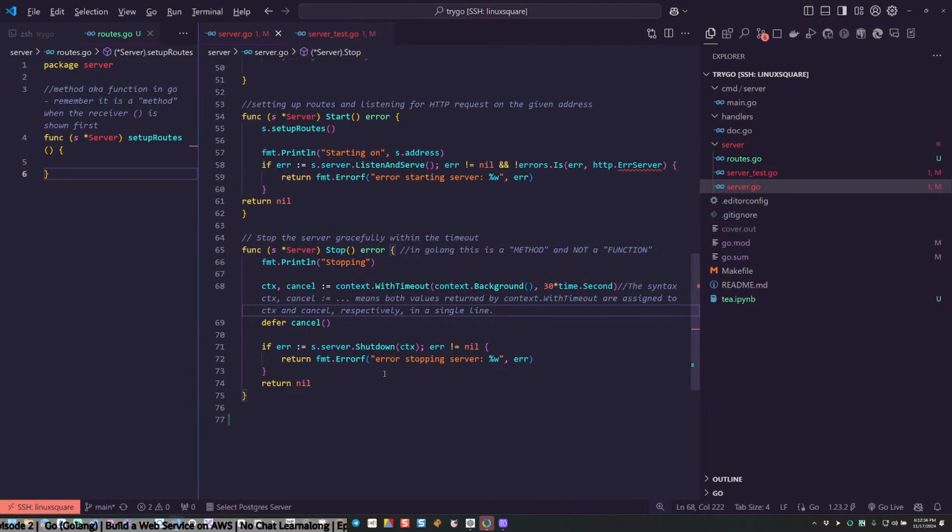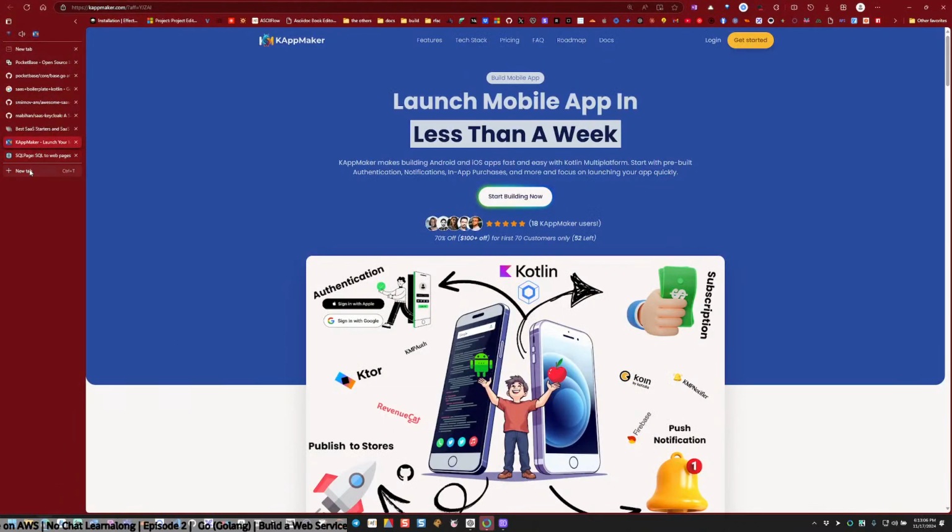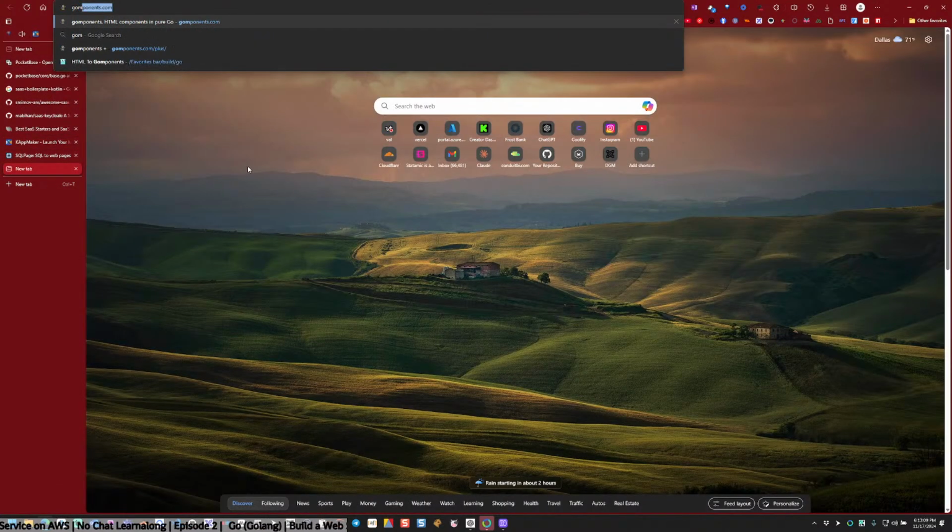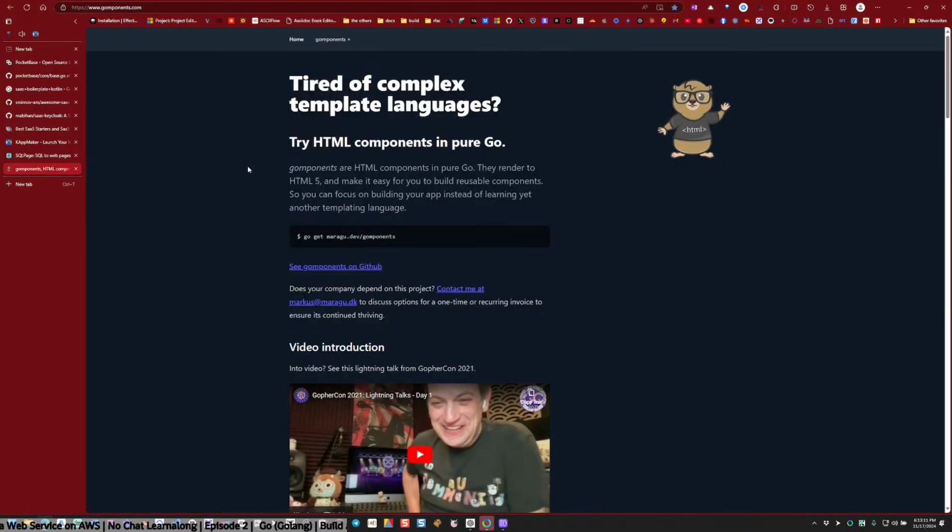Yeah, straight up and down. I just don't like that. But I will show you this because this is part of the project. I'll still finish maybe, I don't know. But I'm gonna wrap it up here. But let me just show you this library in case I never come back to it. This deserves credit. It's not my project, obviously, but Gomponents, like components, but Gomponents. Get it? Super cool project.